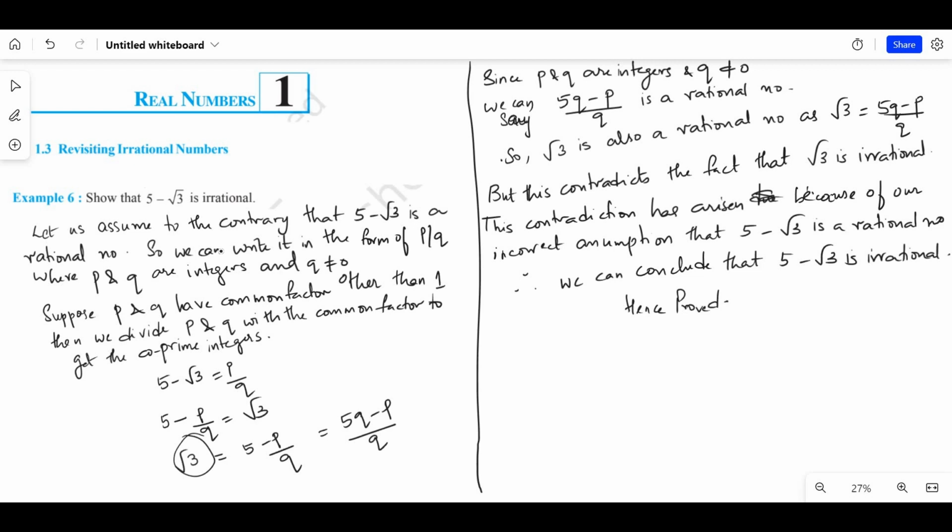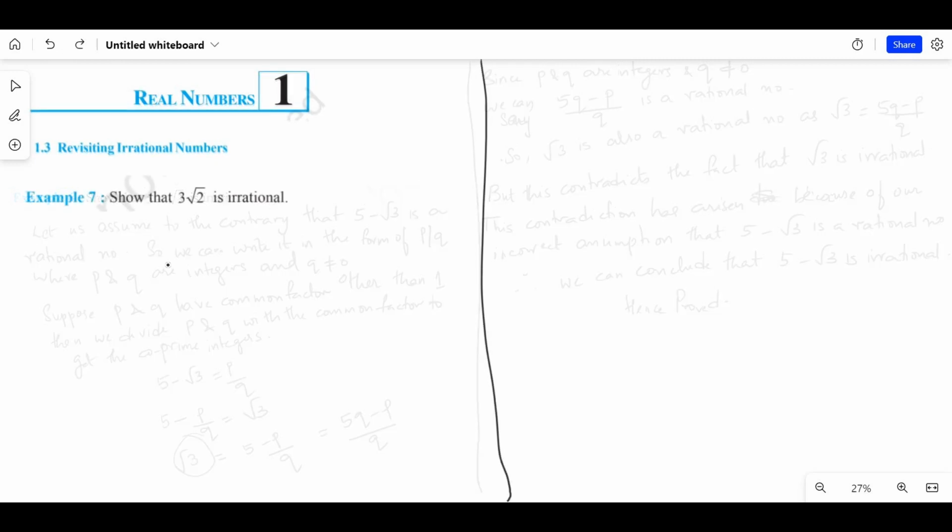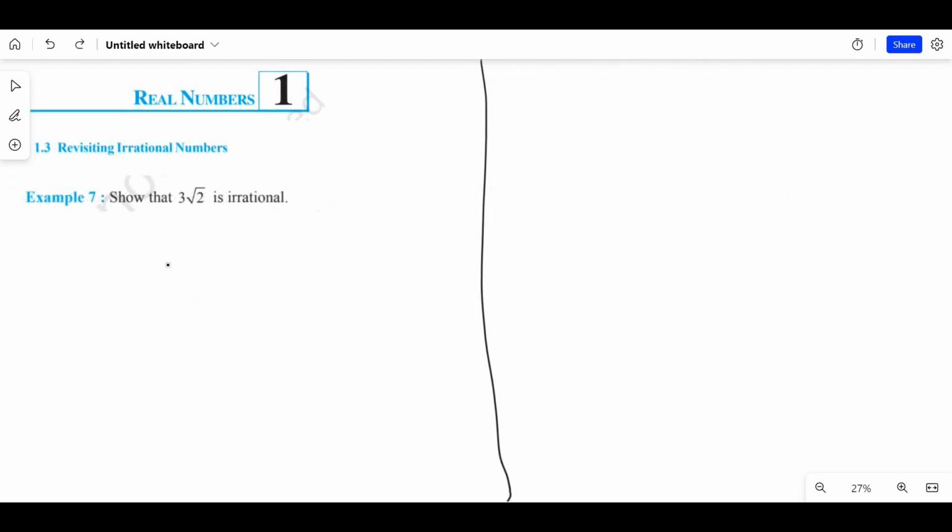So I hope you understood example number 6. Let's move on to example number 7. Example number 7: show that 3 root 2 is irrational. So we are proving this with the help of proof by contradiction technique. So let us assume to the contrary that 3 root 2 is a rational number,